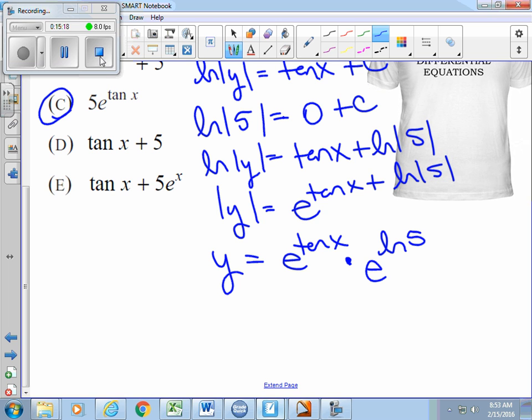We're going to stop there. Tomorrow we're going to do some applications of differential equations with exponential growth and decay. And then later this week we will do slope fields. So those are the things that are